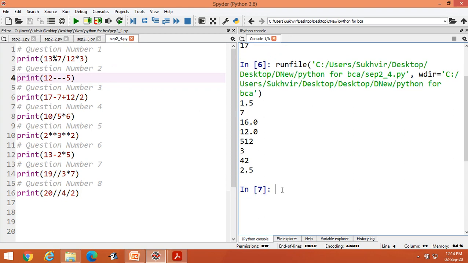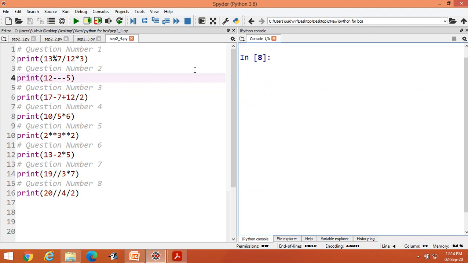This one. If I am executing one by one, this one. Look at the answer here. The answer is 16. Now, why the answer is 16? Suppose I am calculating this one first. Means division have higher precedence over positive and negative. 12 divided by 2, answer is equal to 6. Because it's division, it means answer is in decimal. It's not 16. The answer is 16.0.